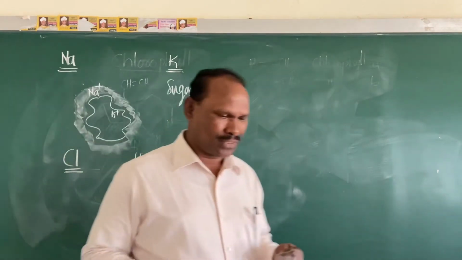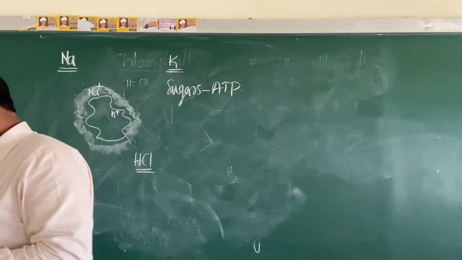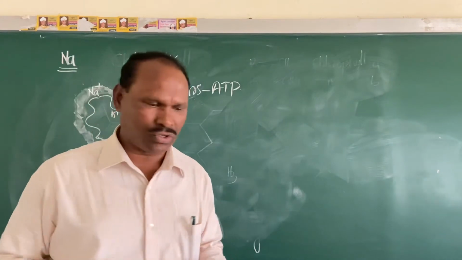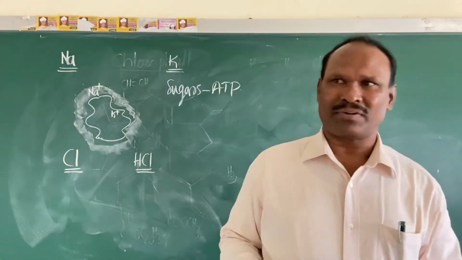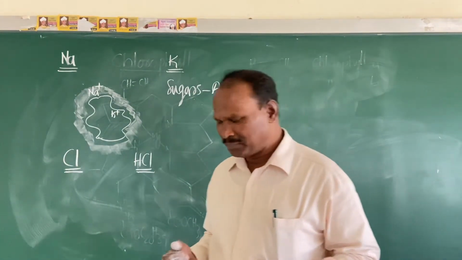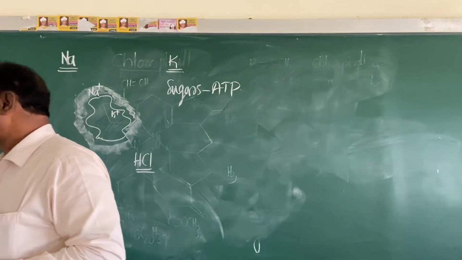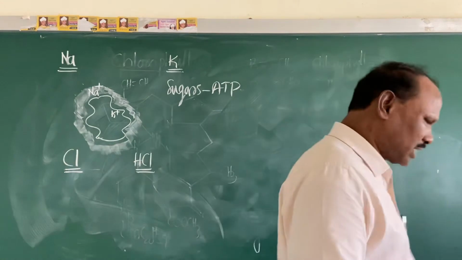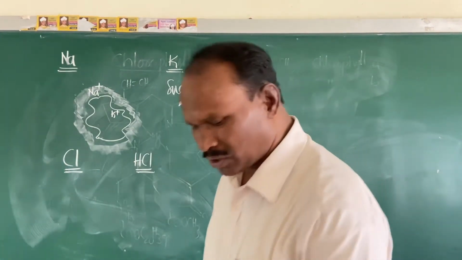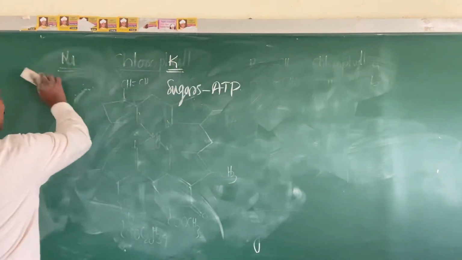Now what happens if chlorine becomes less in our body? It leads to fluid loss, it leads to weakness, it leads to a vomiting sensation, and finally it leads to difficulty in breathing. Is it okay? So there will be fluid loss, weakness, a vomiting sensation, and a problem in breathing also. So this is the role of Cl in the biological system.